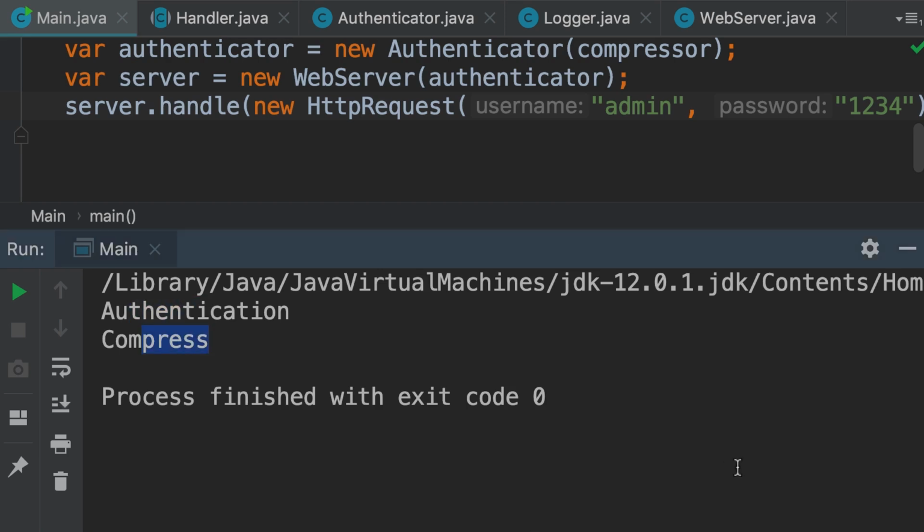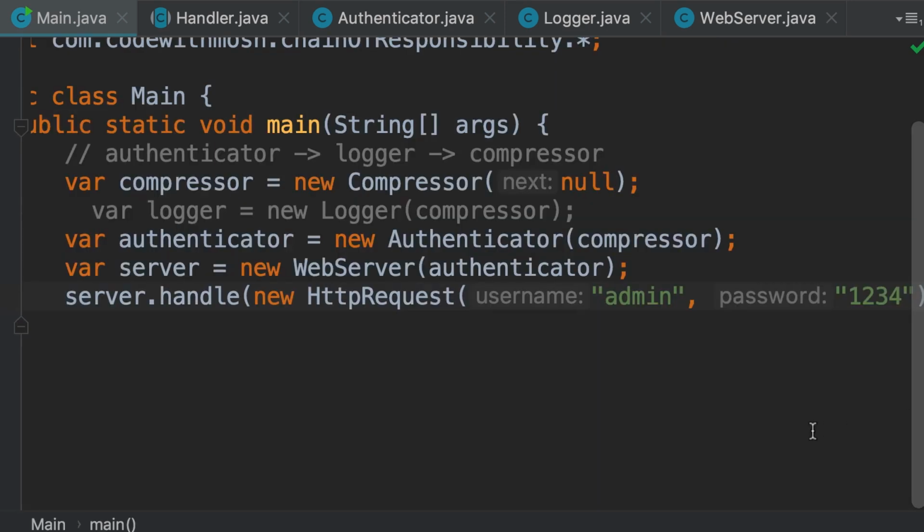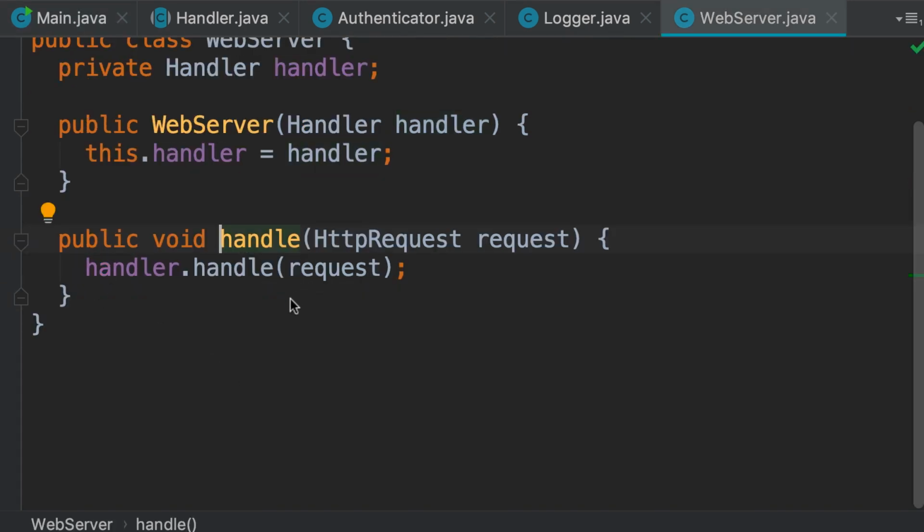This is the beauty of the chain of responsibility pattern. Our system is open to extensions and closed to modifications. To model this scenario, I didn't have to go to our web server and change the implementation of the handle method. This is open for extensions. Similarly, we can add a new step anywhere in the chain. For example,